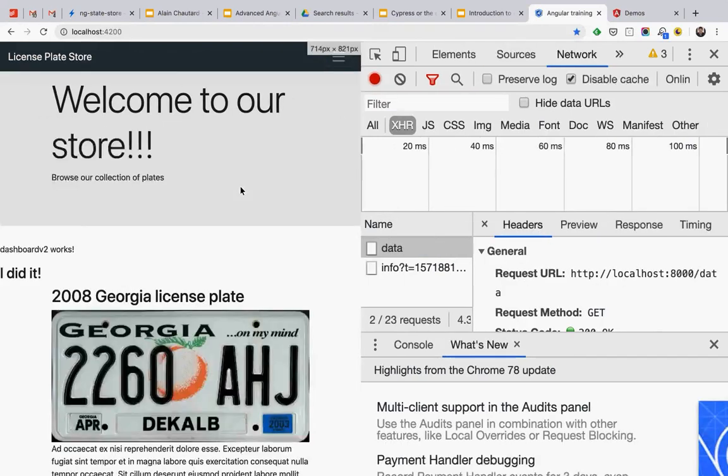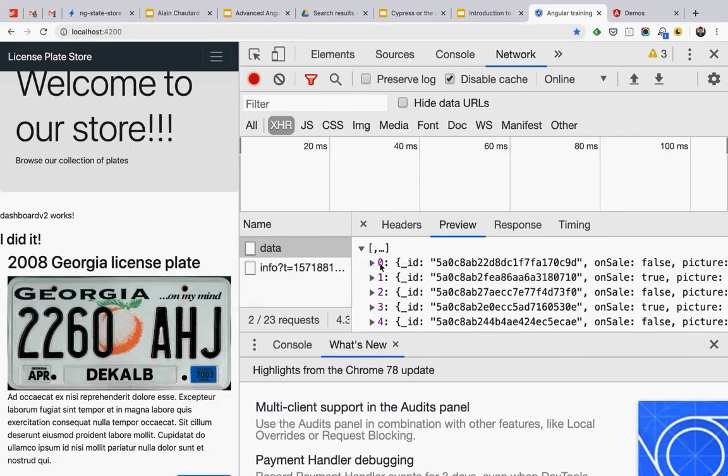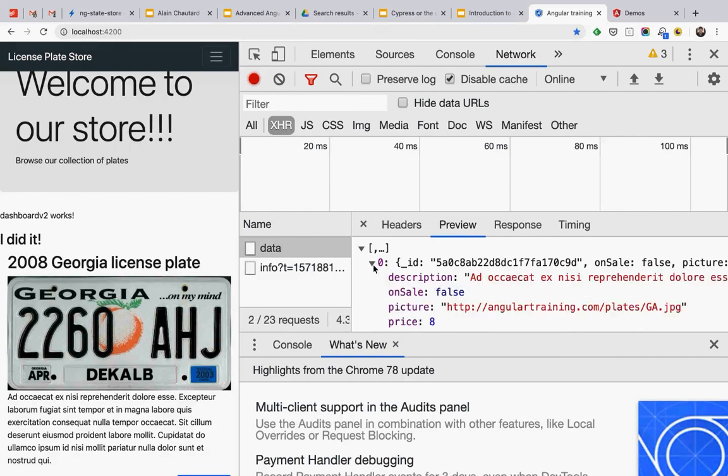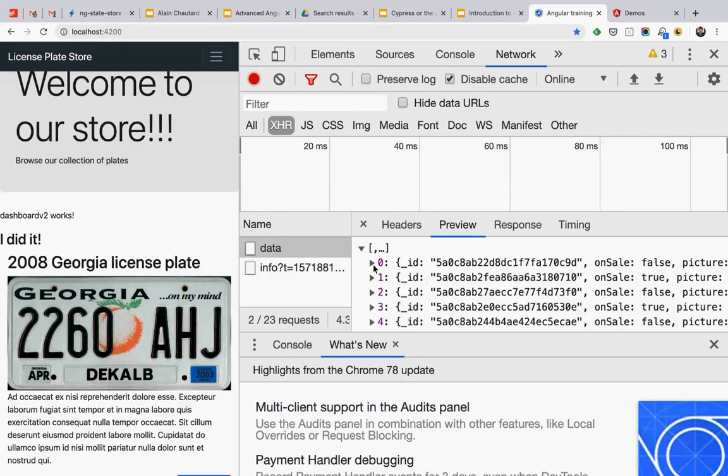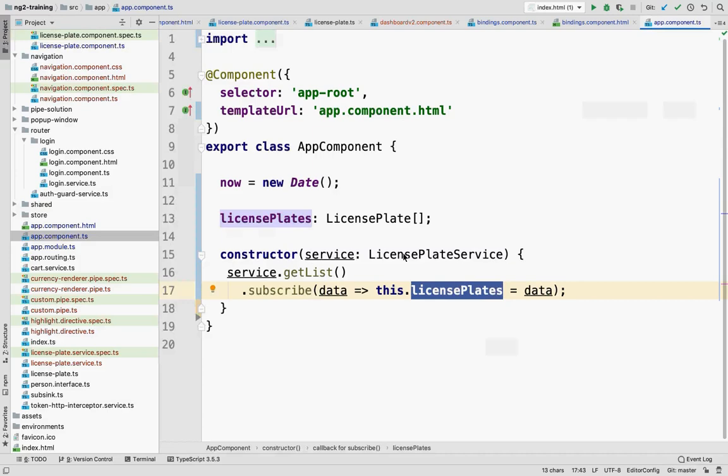And it was a GET request, the status was 200 OK, and that's the response that we got, an array of 8 different license plates. So if you use JSON data on your backend, then it's all integrated with Angular already. And it's really just one line of code to make the request, get the response, and then parsing that response, getting the data, displaying it is all automatic. So just make that request, get the data, assign it, done.